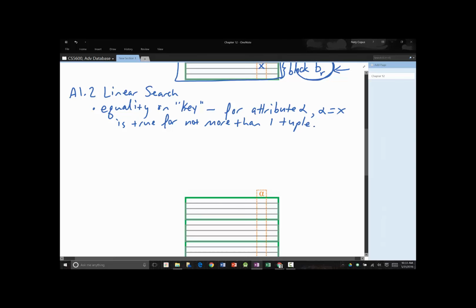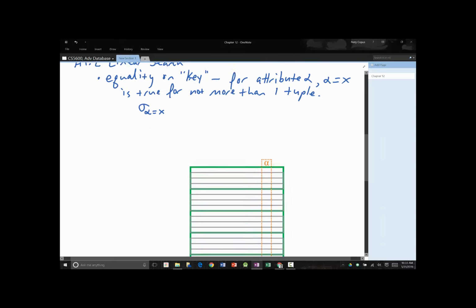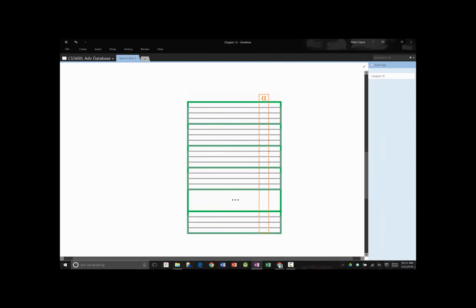Could be true for 0 tuples, or it could be true for 1 tuple. In other words, if I'm doing a select where alpha is equal to value x, then in my table, x